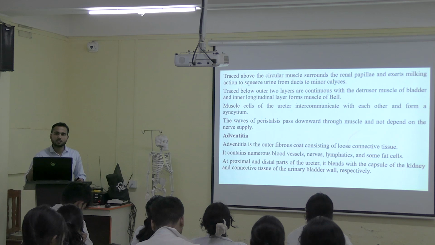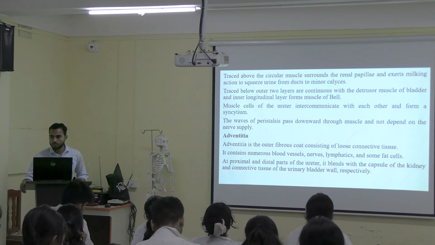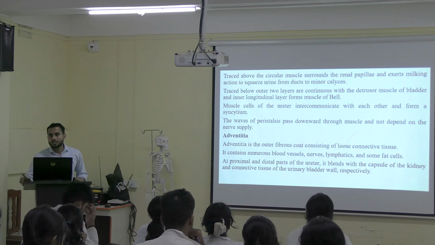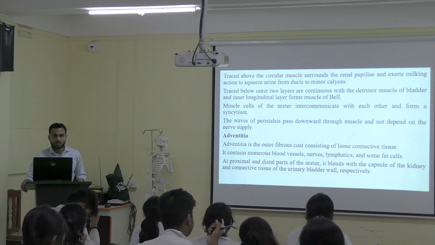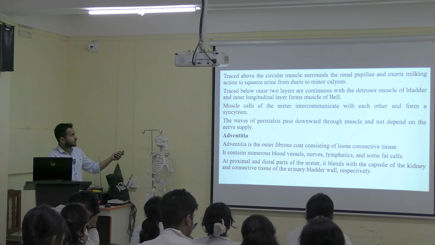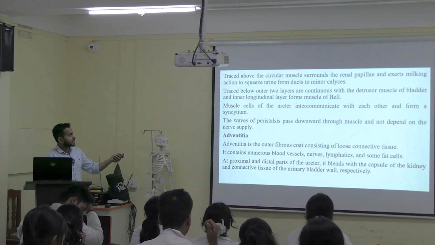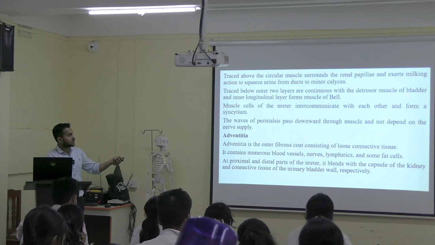When they are squeezing it, the urine will come out from those ducts, and then it will go into the minor calyx. So that is also one function, and for that you have to trace the circular coat in an upward direction. Next, if you trace below, the outer two layers are continuous with the detrusor muscle of the